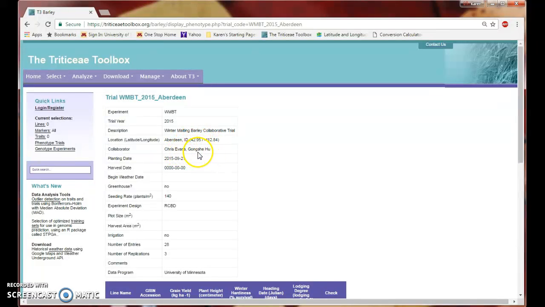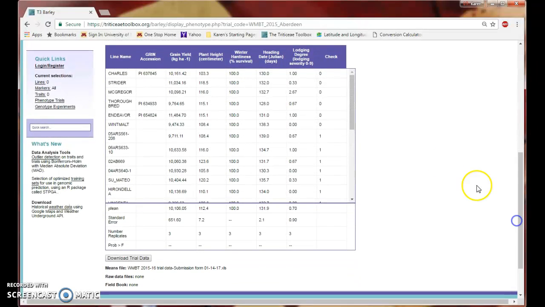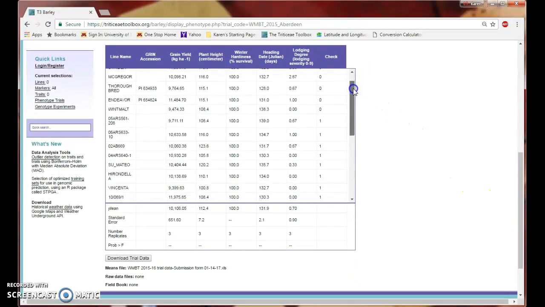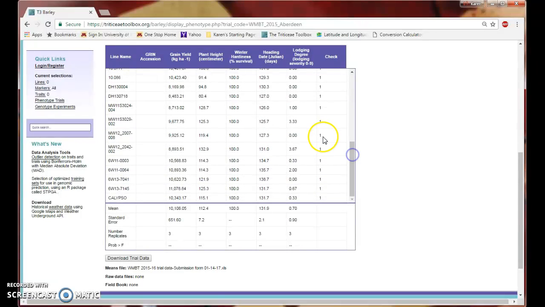It'll give you the collaborators' names and things like planting date. If we scroll down, you can get the raw data for that location and all of the lines that were entered. You can also download the trial data for each of the separate locations if you want to look at a specific location. If we go back,